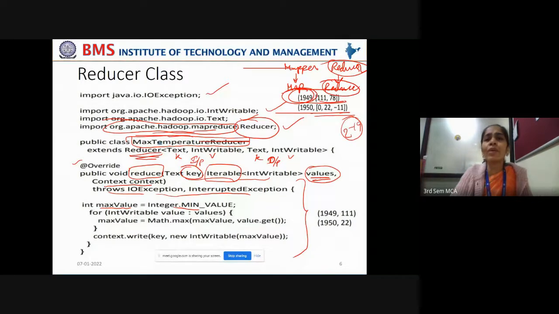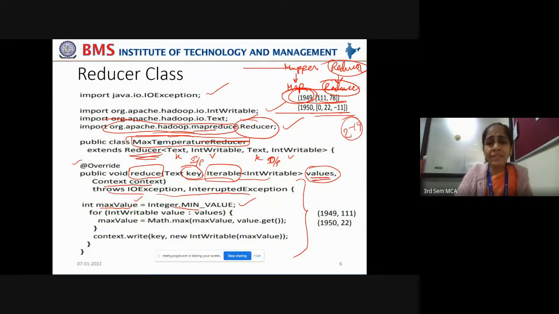In some cases, very low temperatures may be recorded. So for safety, we are taking the minimum value available in integer and assigning it to the max value as the beginning step. Hereafter, whenever the max value encounters a bigger value, that will become the maximum value so far. Got it? So initially it is given the lowest value possible.